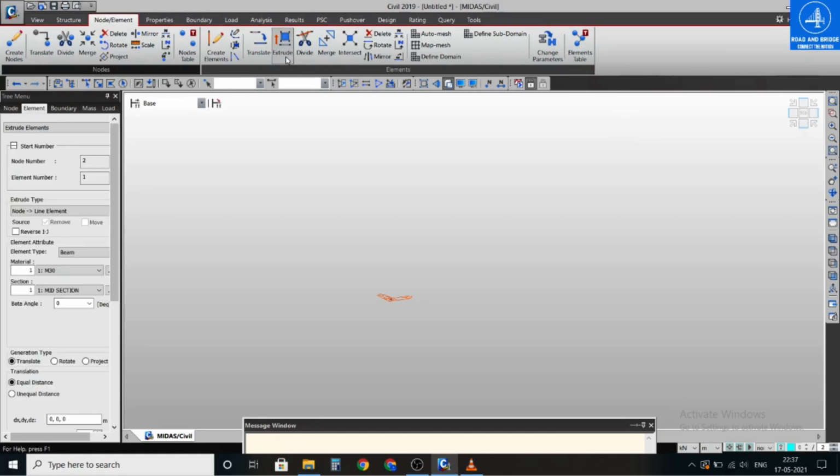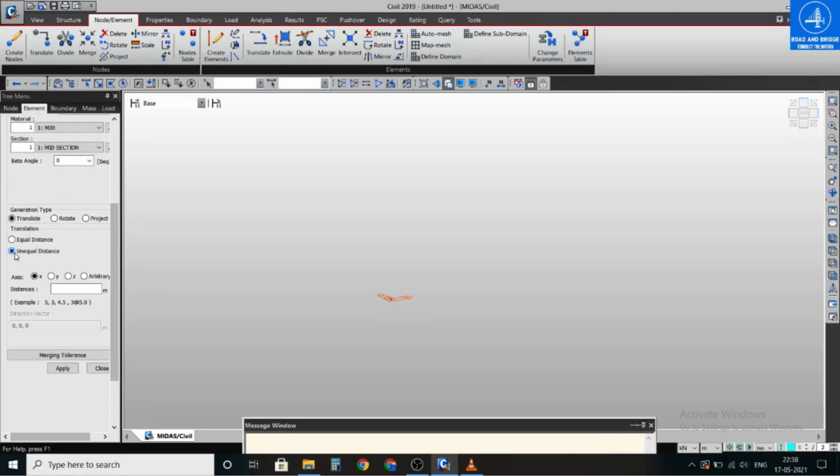Click on extrude and take M30 mid section. You can take this point for equal distance, and you can also click on these points for unequal distance. So I am providing unequal distance, that's why I am going to click here, and the beam members will be along the x direction, so put it here.